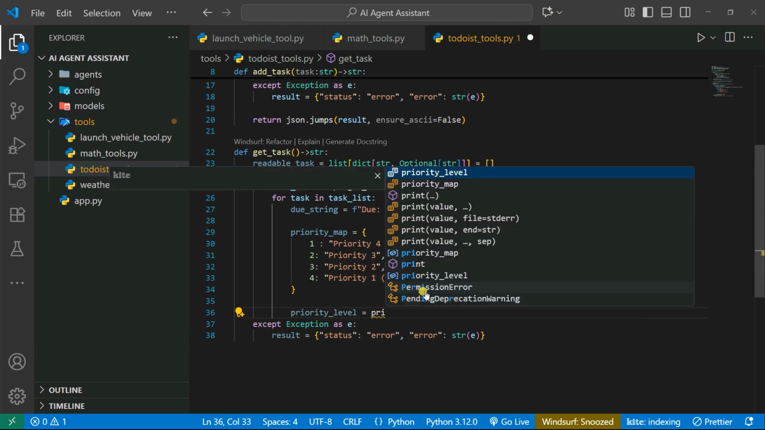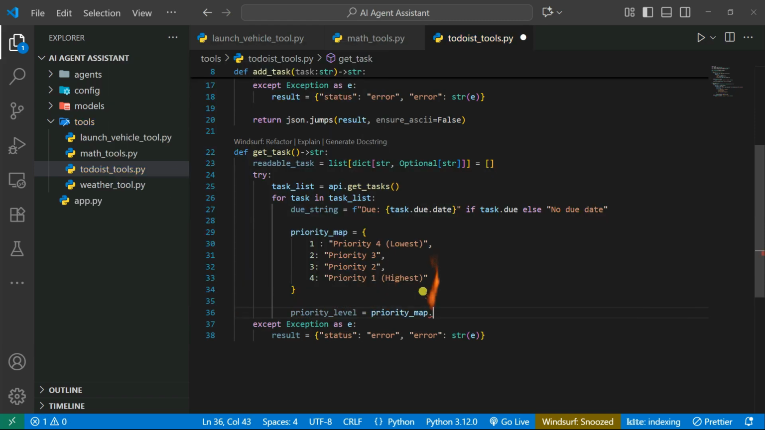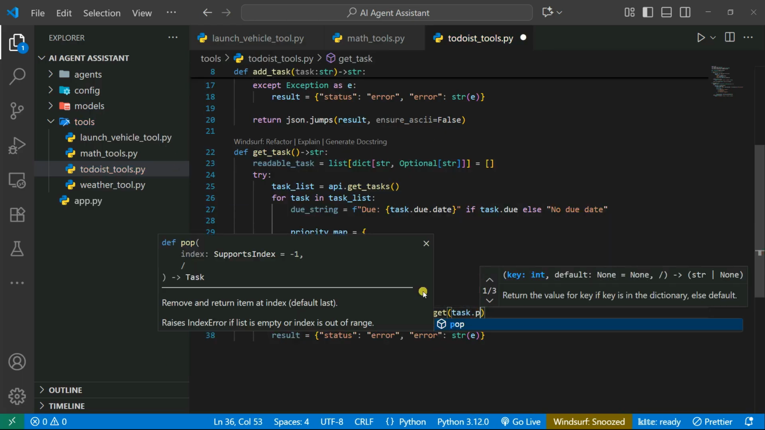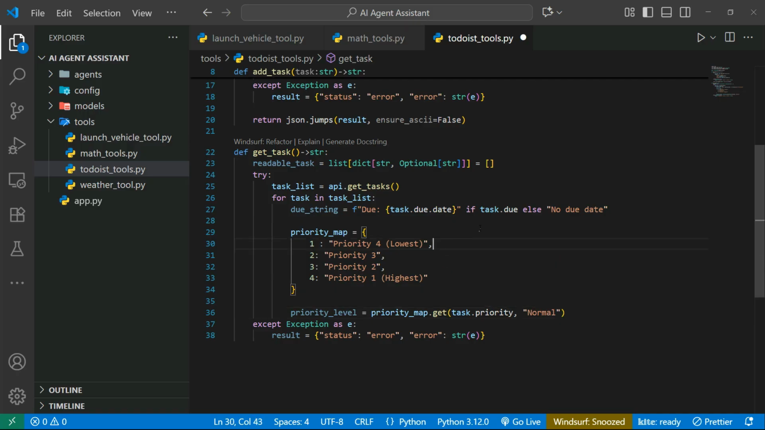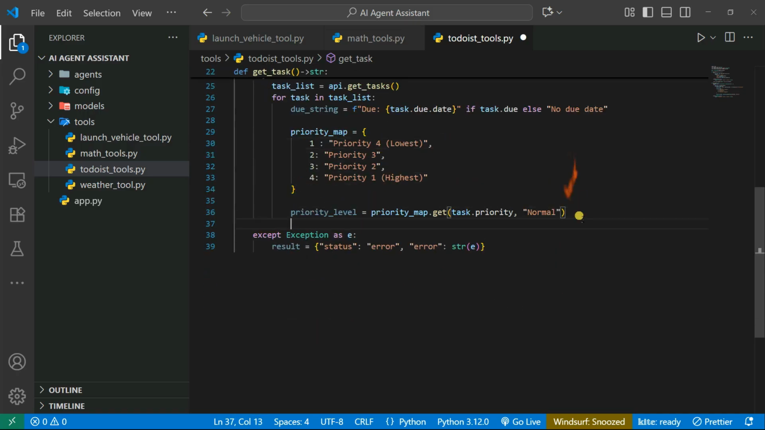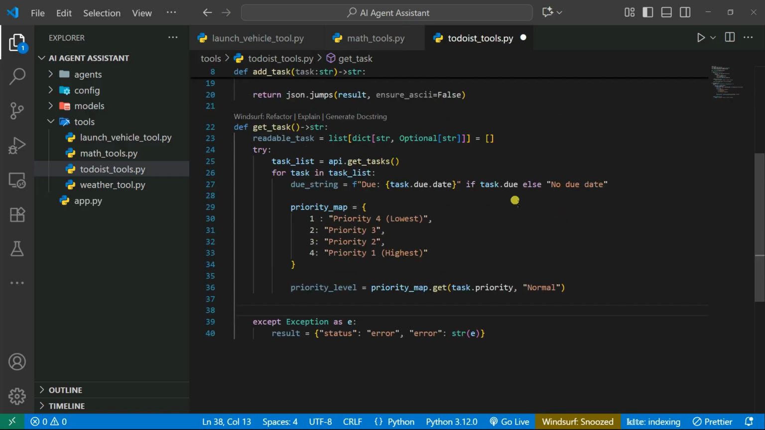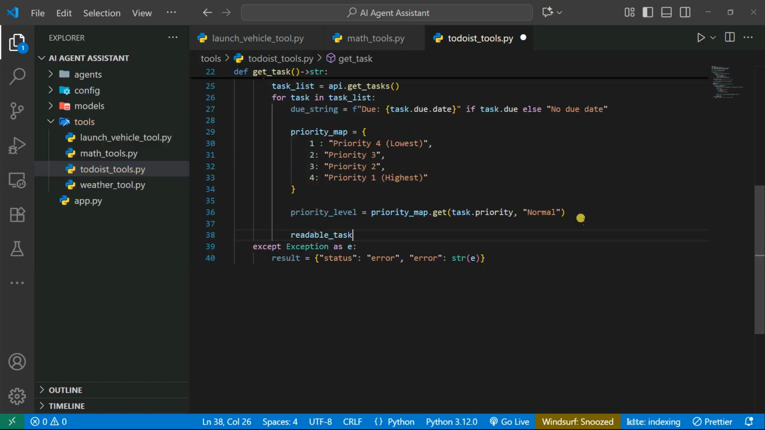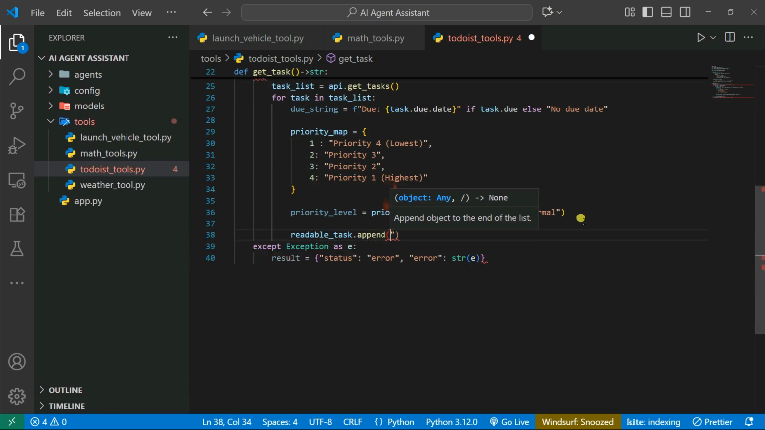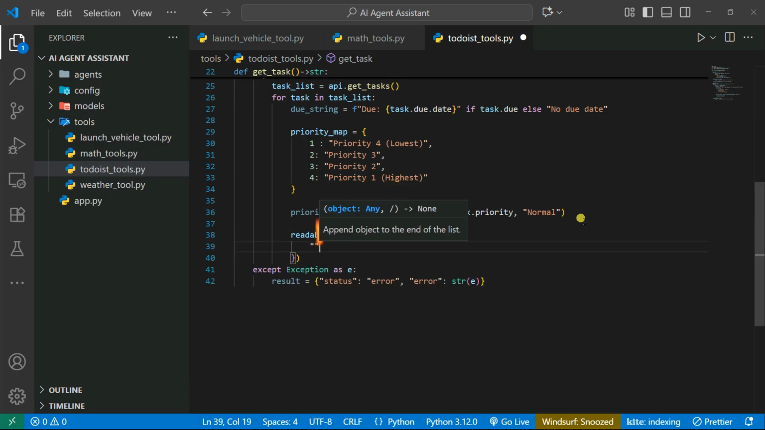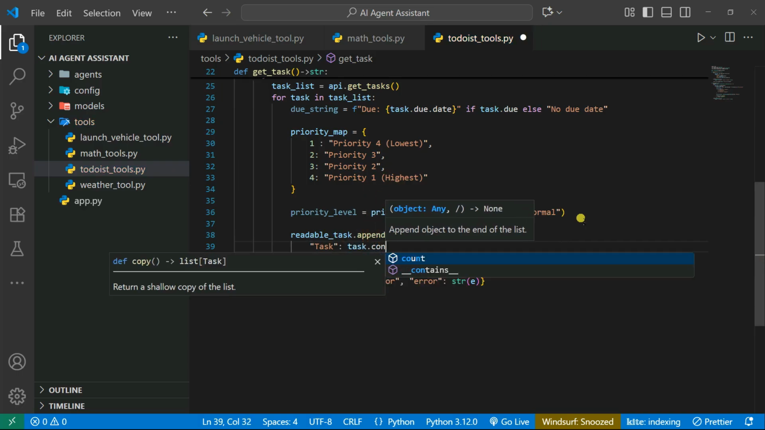So let's say priority map dot get, and we pass in our task dot priority, which task has the priority. And then you can say, let's make it normal. If you don't have any kind of priority, just make it normal. Now we simply add it to our readable text that we are creating, which is a list. So you can say readable text dot append, and here we give our text. It's a dictionary. So this is task, and then task dot content,